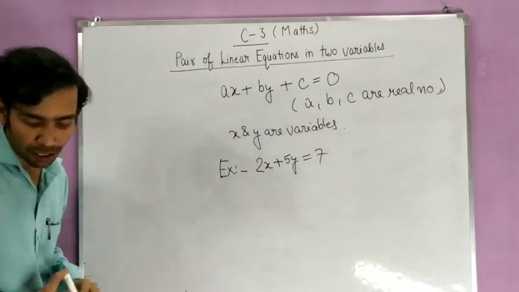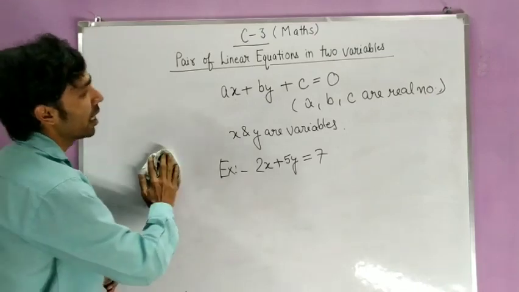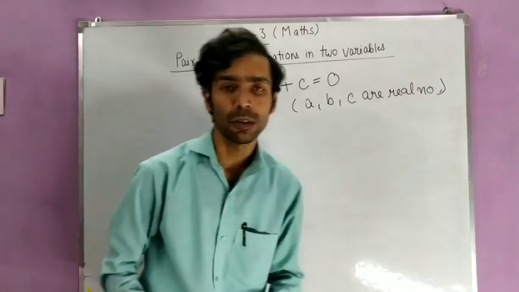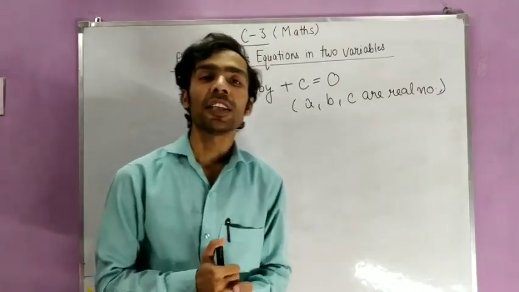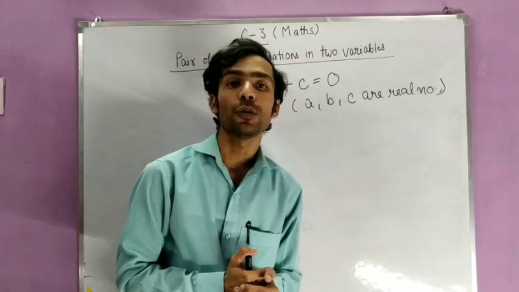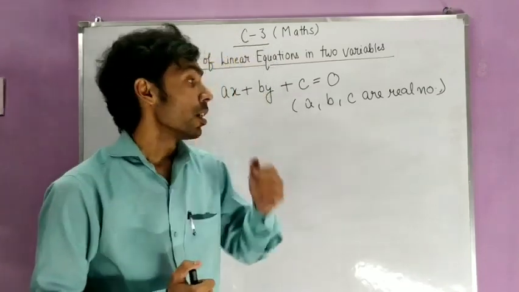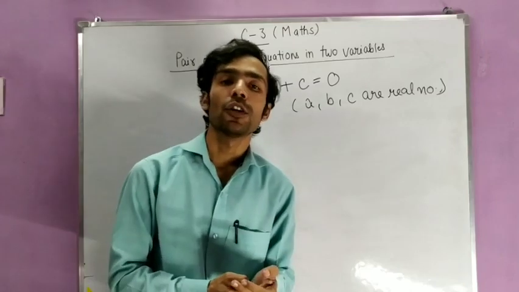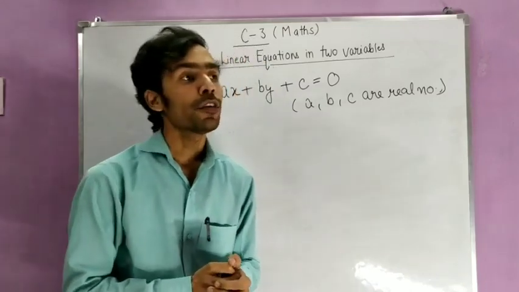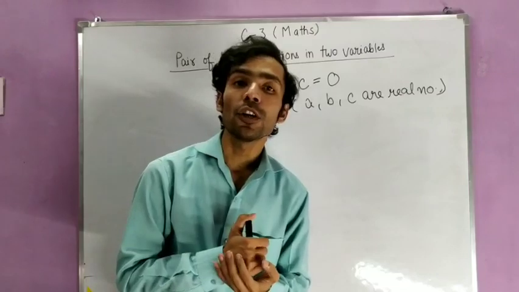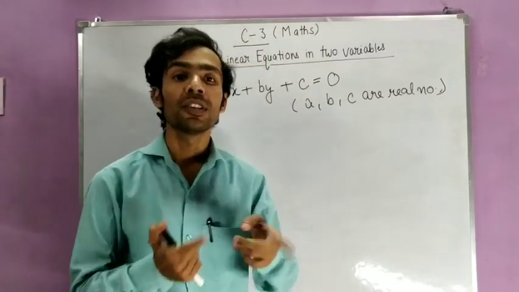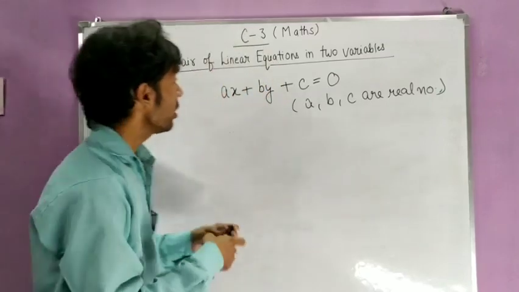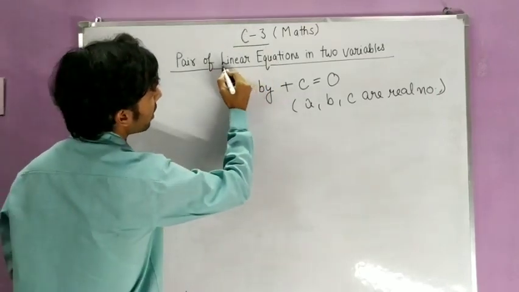Now students, one thing should come to mind, that why it is called linear equation. Okay, you have studied polynomials on the basis of degree. I told you that there are many polynomials like linear polynomial, quadratic polynomial, cubic polynomial. So what was a linear polynomial? A polynomial whose degree is 1 is known as a linear polynomial. So see here it is written linear.